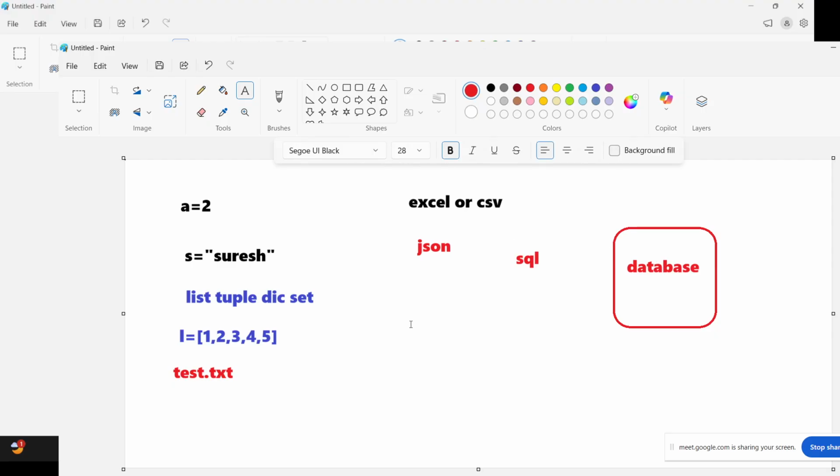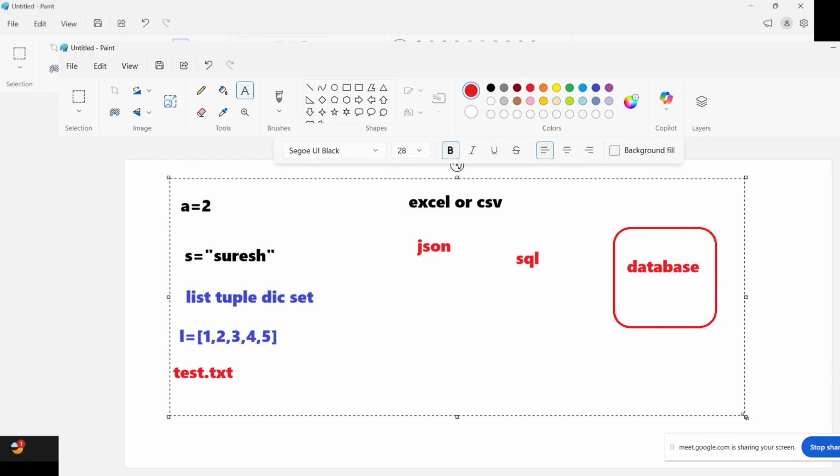So whichever format you are seeing, the variable, string, list, tuple, dictionary, arrays, or the file, text file, Excel file, CSV file, JSON, API, these are the different formats where we can get the data. And this is universally a common thing.